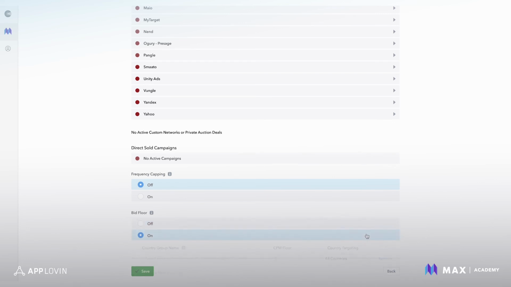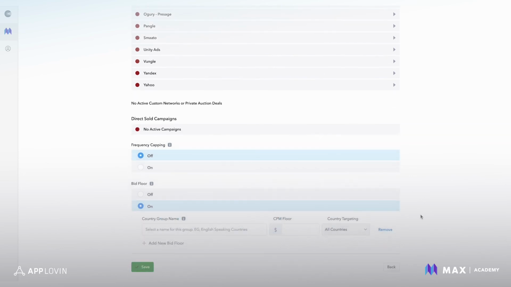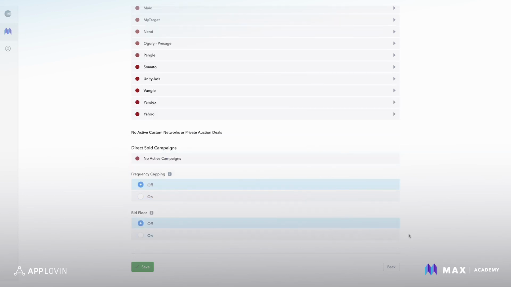So the bid floor just determines, out of all the ad partners you have set up in your waterfall, you do not want an ad to serve if it's under X price. So basically setting a price floor for the entire ad unit. This is here if you need it, but we recommend you don't use it because it can affect your ability to fill ads if you're starting to cut out the competition by setting a price floor.